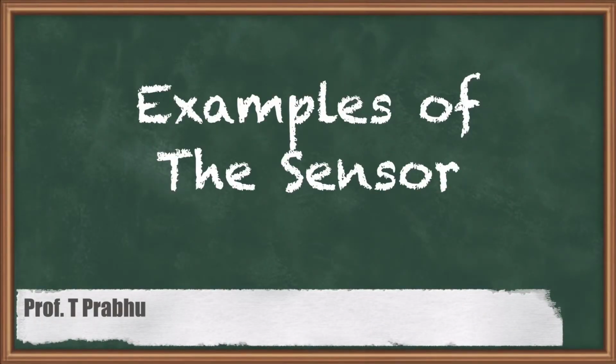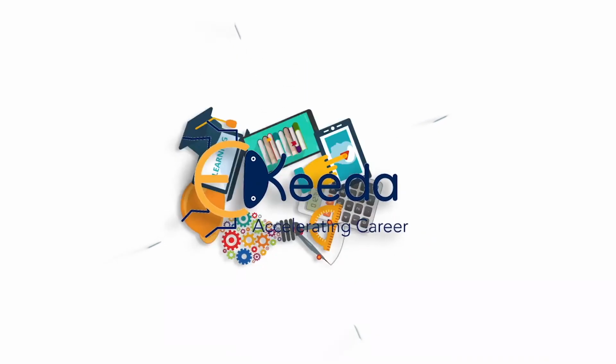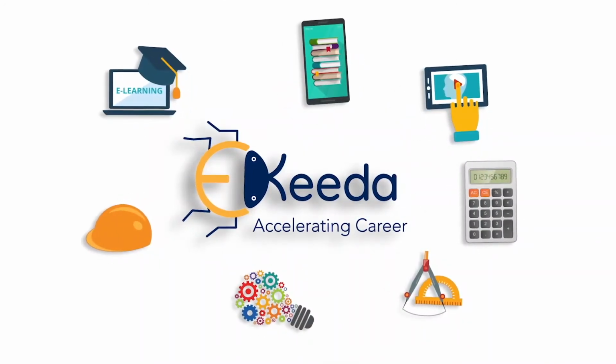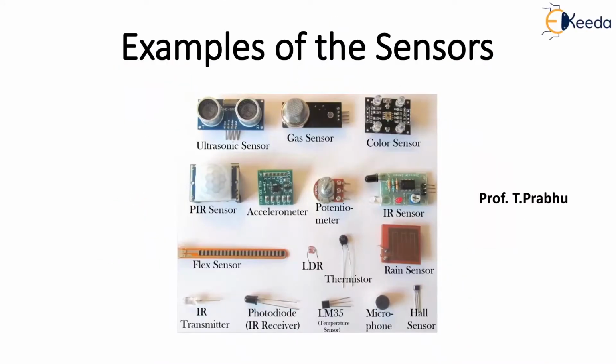So in this session, we are going to see examples of sensors. A sensor is a machine that observes the environment and information which can be connected with the process. A sensor measures a physical quantity and converts it into a signal. Sensors translate measurements from the real world into data for the digital domain. So far we have seen the sensor technology and different types of sensors, namely analog sensors and digital sensors. So we are going to see some examples.